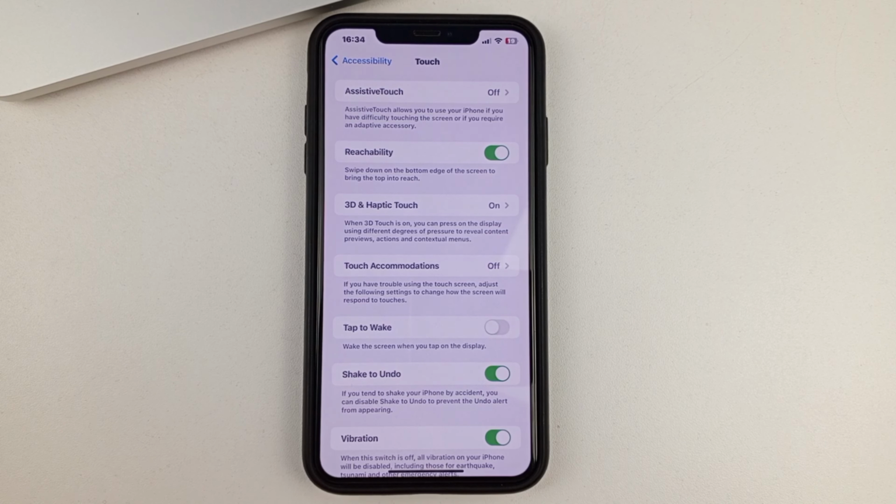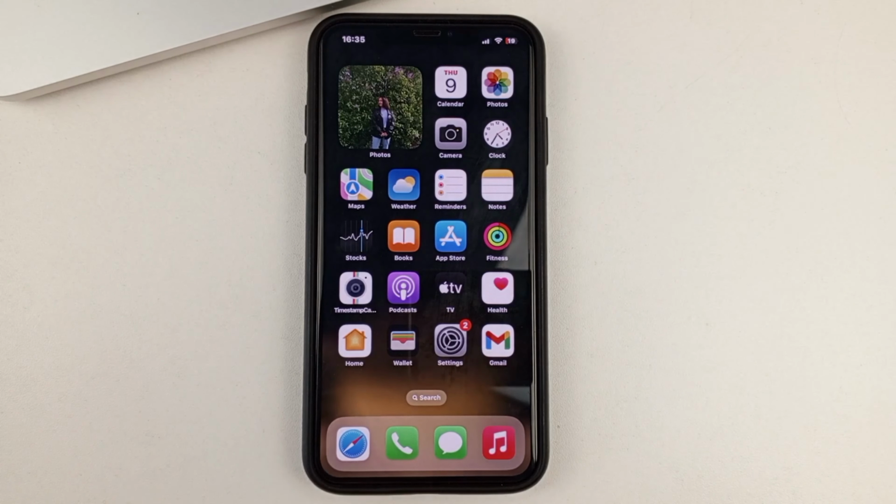This way, you can reduce the chance that you will turn on the flashlight or it will be turned on accidentally, like in your pocket or in your bag when you just pick up your phone and so on. This is how it is, friends. You will be able to deactivate the flashlight a little bit on your lock screen on your iPhone.